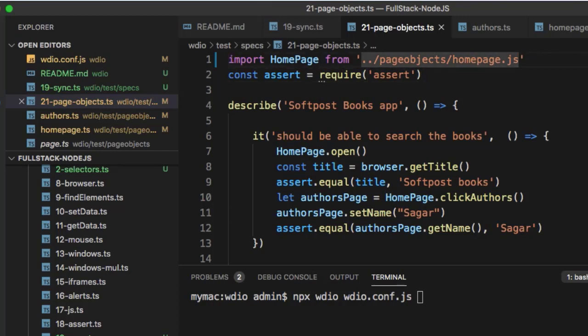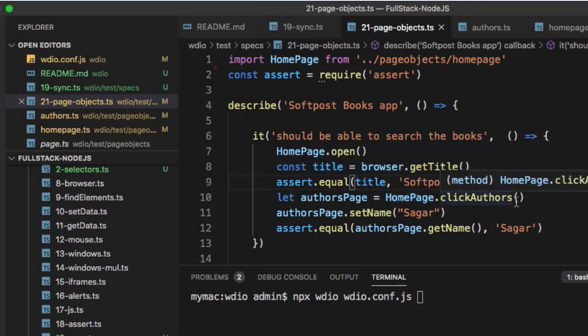If you do not specify .js, it will still look for that file, and from that file it will extract the home page or whatever is exported from that model. The home page is exported from that model, and it is actually nothing but an object. So we are calling the open method on that object, and then it will navigate to the website. Once it is on the website, we are checking the title here. After that, from the home page, we do clickAuthor.